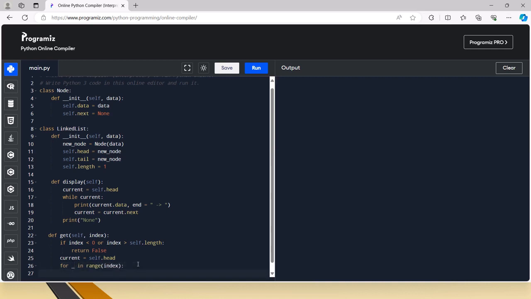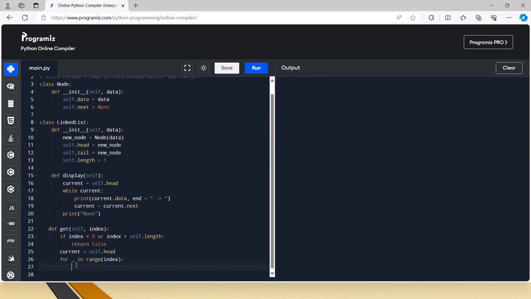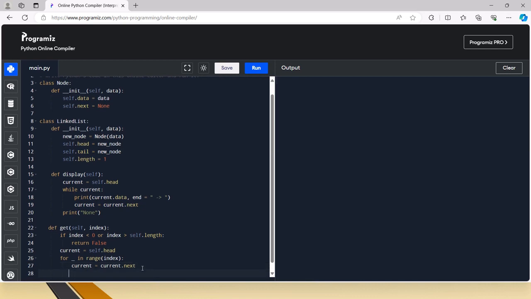That's why I am using this underscore here. We can use i also, no problem, but actually we don't use that. Current equal to current dot next, we are iterating till the range. Once we reach that index, whatever index we are trying to get in this for loop, then we will return that node,